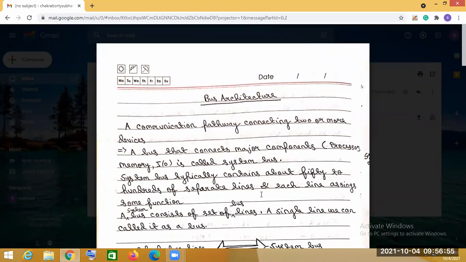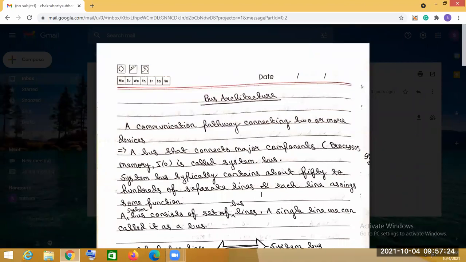A particular bus that is connecting these major components is known as the system bus. So bus is a communication pathway between devices, and the system bus is a bus which is connecting the major components in a system.